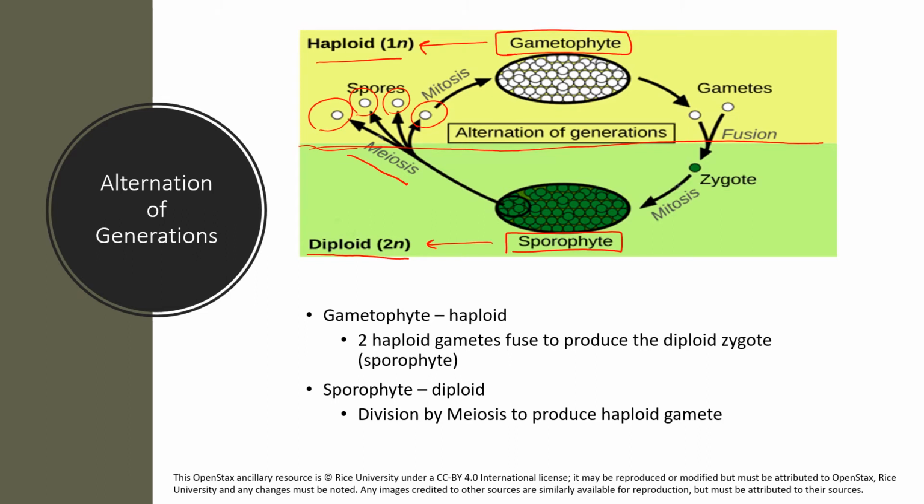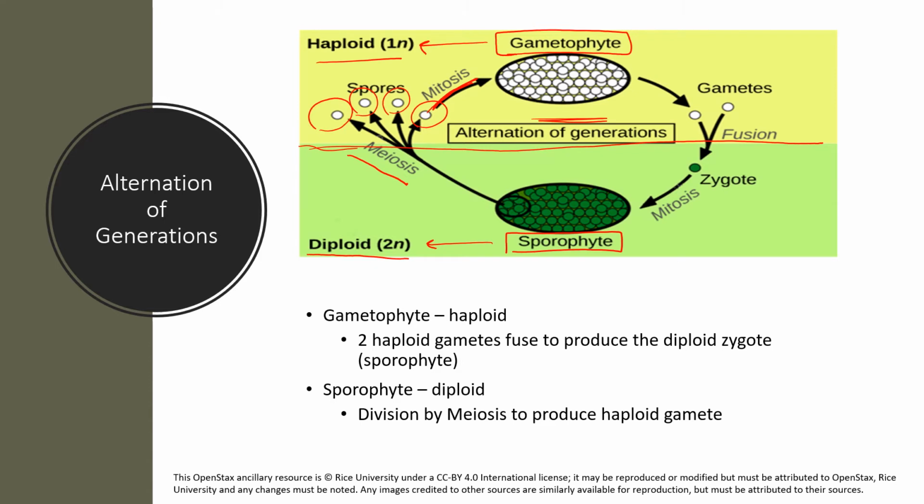Now, a spore can be carried by wind or some other way and germinate. And by germinate, I mean it's going to begin dividing. So this type of cell division, mitosis, just creates an exact copy. So if we have a haploid cell that divides, we'll have two haploid cells, and those two will divide and have four haploid cells. Eventually, we will get a multicellular form that is all haploid. That's what the gametophyte is.